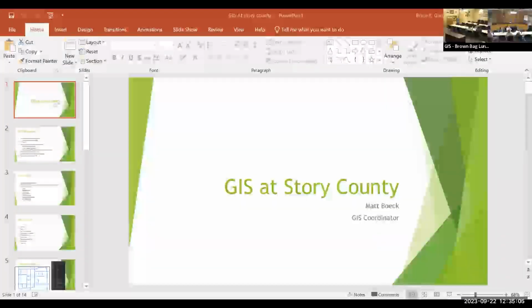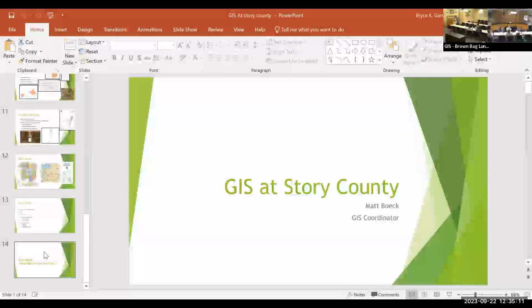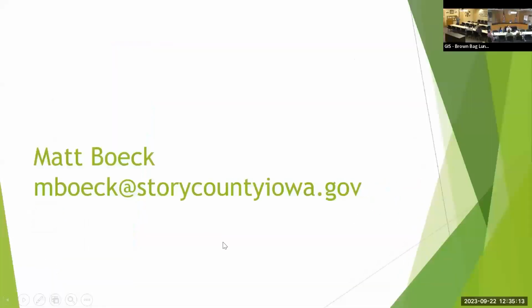I guess I'll mention too, one of the bigger projects we worked on recently was the new census of 2020. That was a rushed year, so we had to develop all new voting precincts. That was pretty wild. Talk to Lucy about that sometime. I'm sure she wants to forget some of those years. It was really difficult to get all that done, but that was a neat aspect of GIS. I actually like putting those pieces together and developing new voting precincts. I thought that was a really neat tool. So once every 10 years, we'll do that.